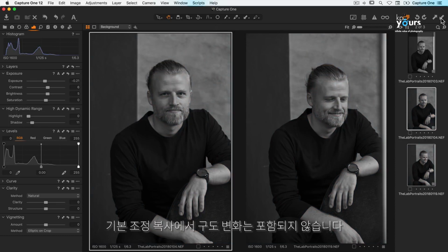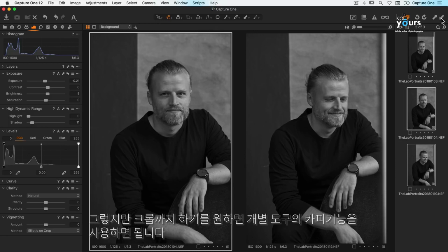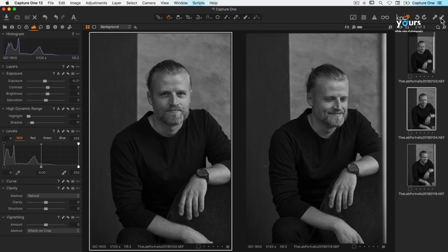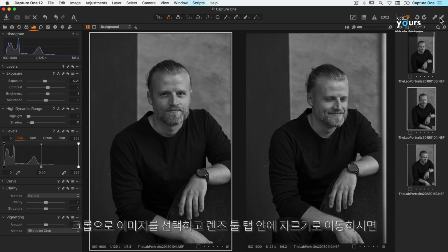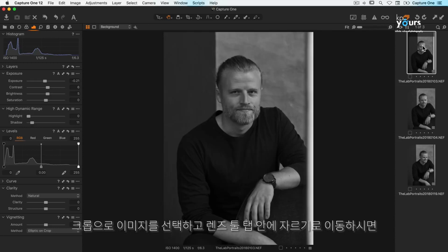Per default, copying adjustments will not include composition changes, but let's assume I wanted the crop to be copied as well. For this, I'm going to use the copy function for individual tools. There's a couple of steps here, but follow along as it's highly useful. If I select the image with the crop and go to the crop tool within the lens tool tab,